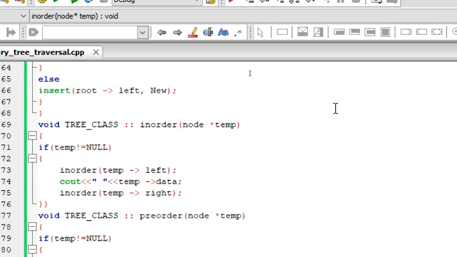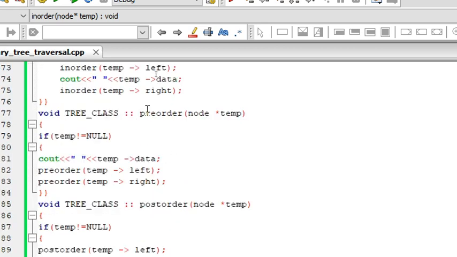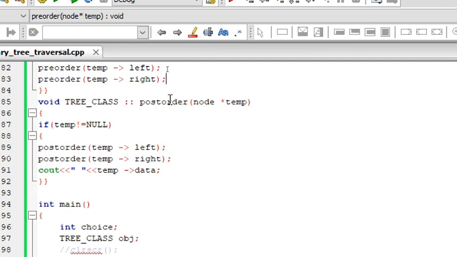I told you, by looking at the picture, it keeps on working in order. And pre-order, we know it starts from the root or parent node. You can see it's starting from the root or parent, and then the same pre-order function is called with the left side, and then the same pre-order function is called to the right side. That's for pre-order. And post-order, we go to the left first, so the left side node is called first, and then go to the rightmost node, and then go for the root or parent.